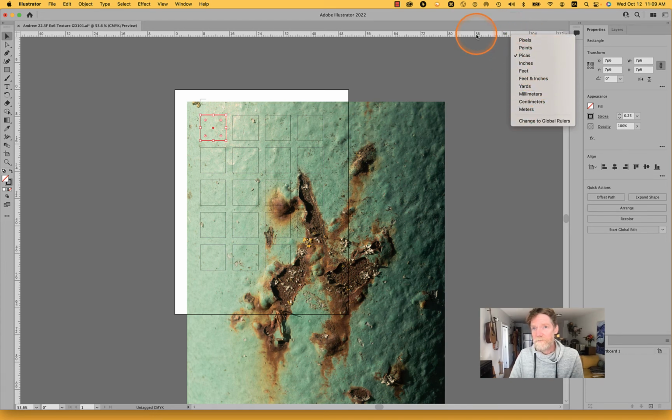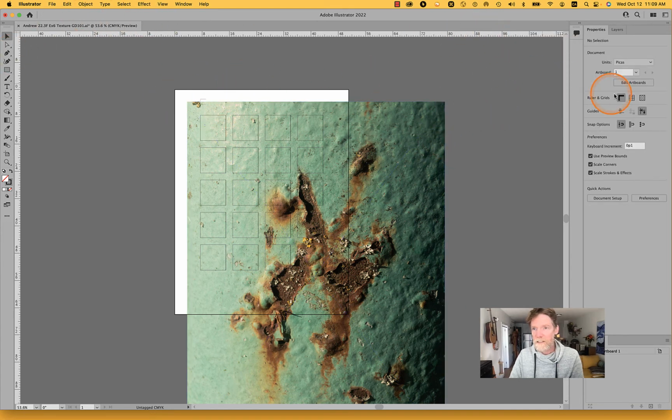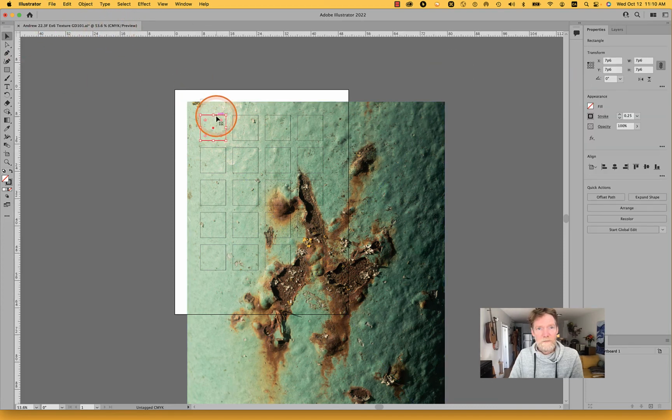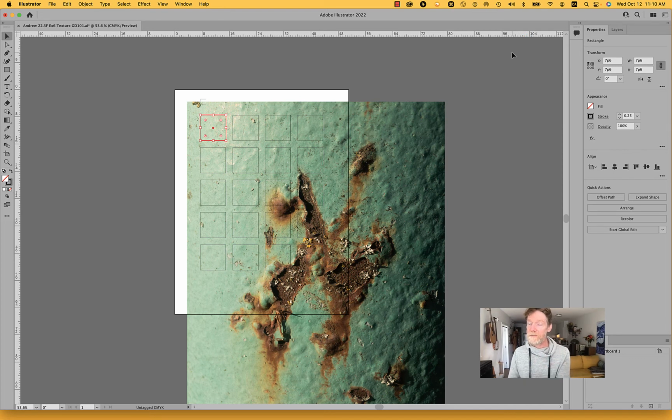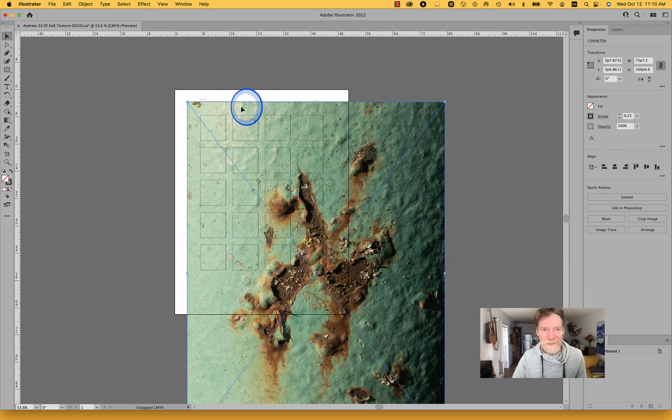And again, if your rulers are not showing, just deselect everything and you can turn on the rulers here. If I select this, right click on the ruler, I can switch to inches. And you can see here that that is 1.25 inches, which is 7p6, so it's 7 picas and 6 points. So if you remember 7p6 or 1.25, whichever one you want to use,